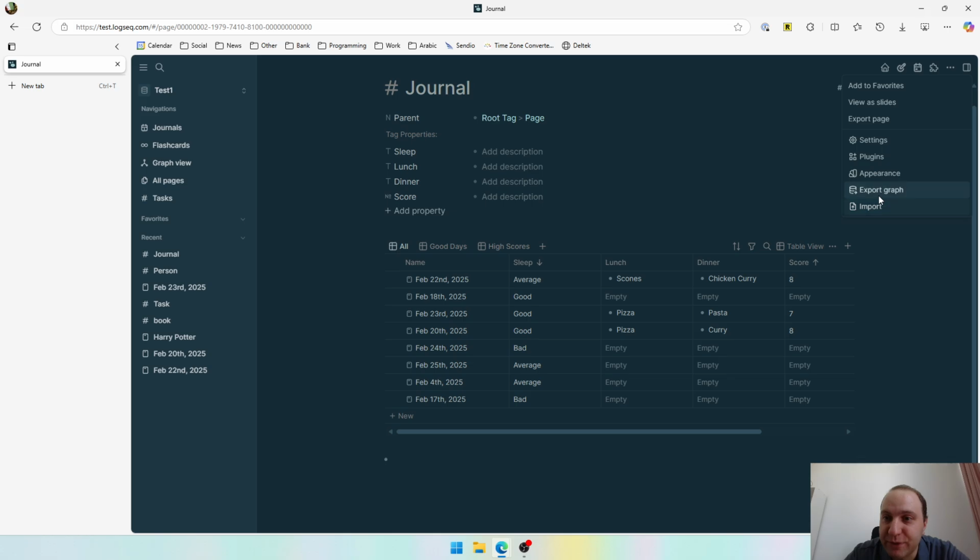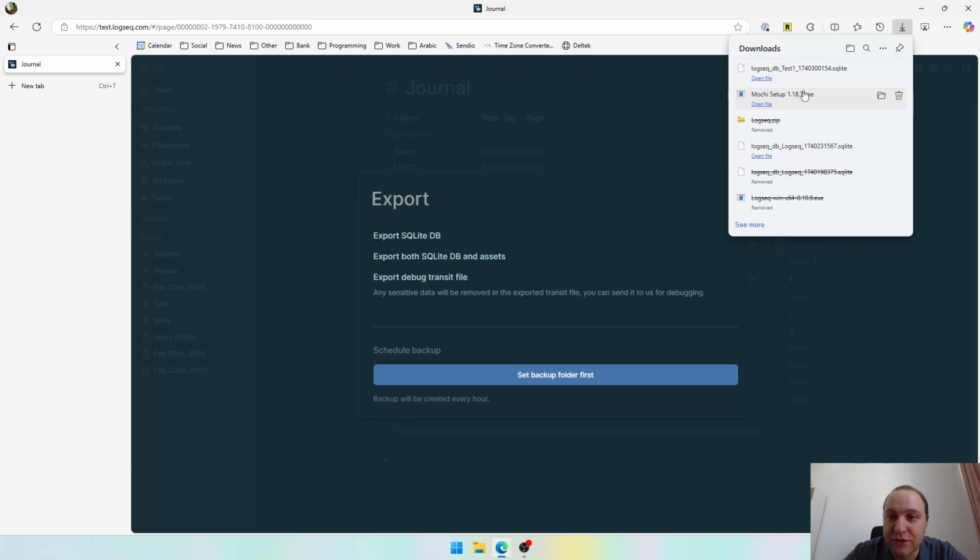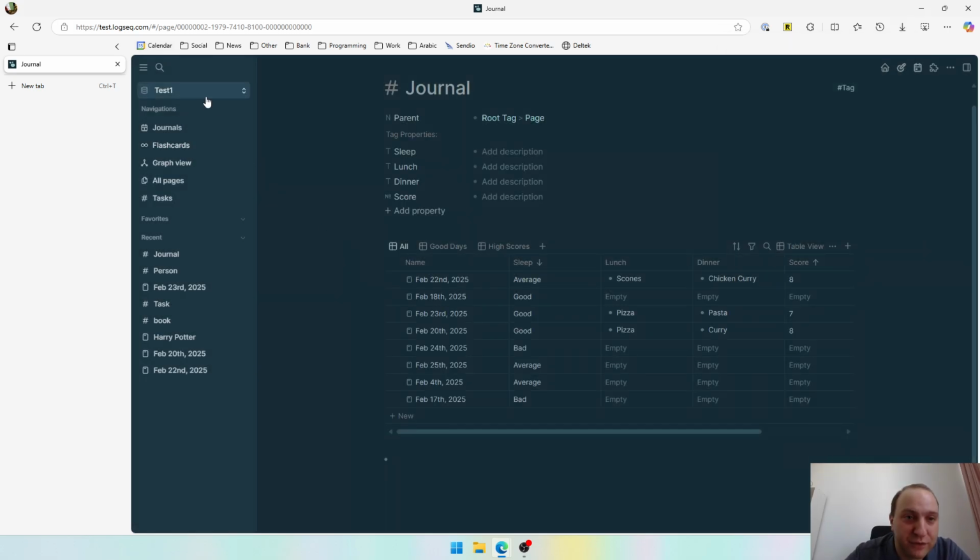And then in terms of exporting, so you've got export page or export graph. You get the option export SQLite DB, Lite DB and assets, or debug, which is really for the devs if you've got any problems, where it removes any sensitive data. And if you export the SQLite file, it just goes in to a file, an SQLite file, wherever you save it. And I did try,